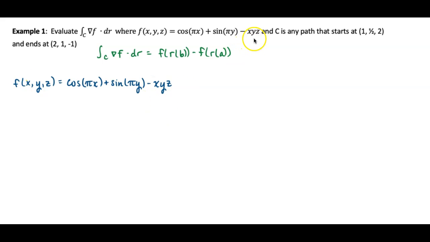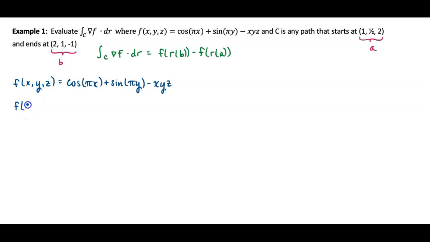And we're told that it really doesn't matter what this exact path is, just that it starts at (1, 1/2, 2), and it ends at (2, 1, -1). And so this is going to be our a, and this point is going to be our b. And so we're just going to find f of a and f of b. And so finding f of b,